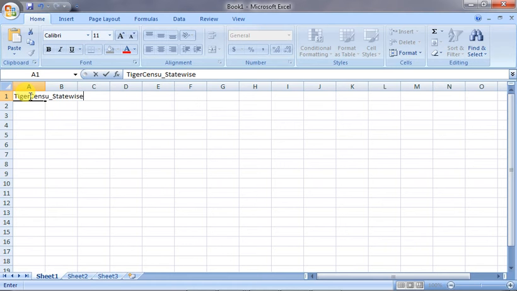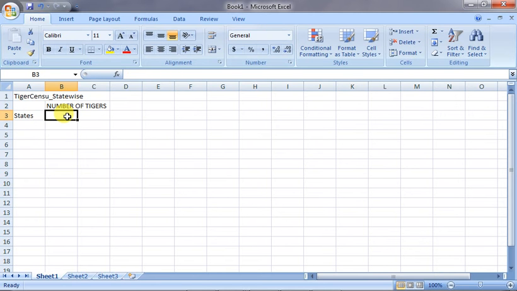I will enter some data, the states, and here the number of tigers.